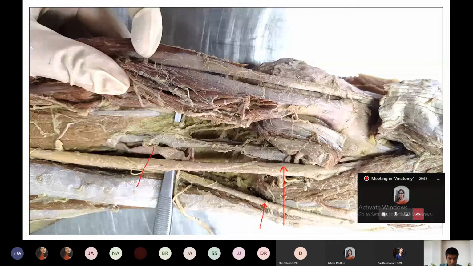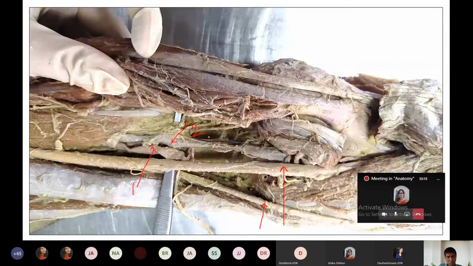What is this? Can you identify this one and this one? These two structures you have to identify. These are equally important for your sport. Some of you, can you contribute? I'm writing number 1 here, and I'm writing number 2 here. What is the answer for number 1, and what is the answer for number 2? These are the blood vessels of the popliteal region. So these are the popliteal blood vessels.